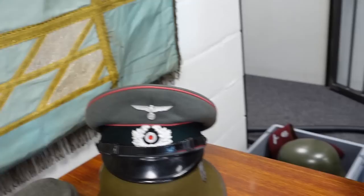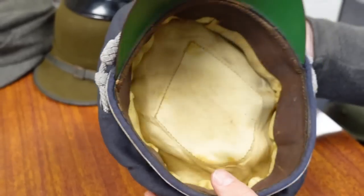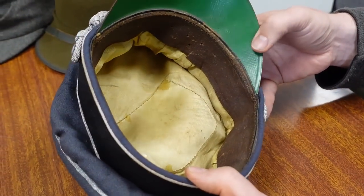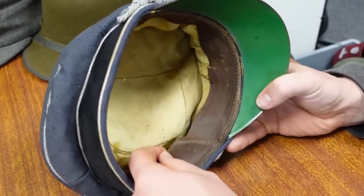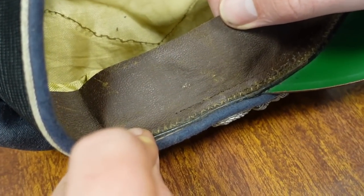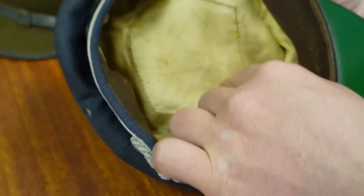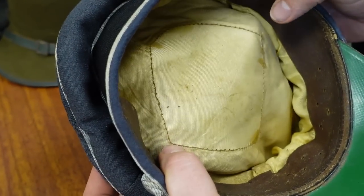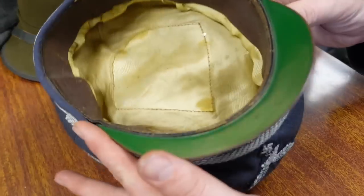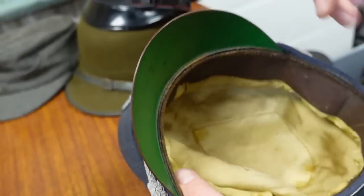And here a Luftwaffe visor cap, officer one. I would say a mid-war example, and a typical Erel made piece. We can still see a bit of the maker mark here from the Erel factory. And it used to have a marking here as well, but you can see the celluloid is heavily damaged, so it's not there anymore. Also the leather bill in the front, it's a cardboard one, but you can tell by